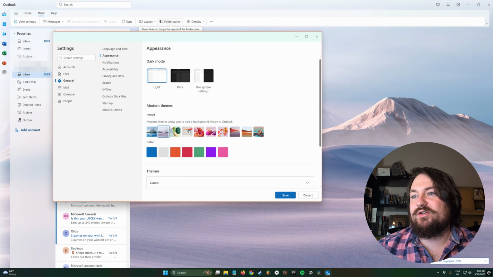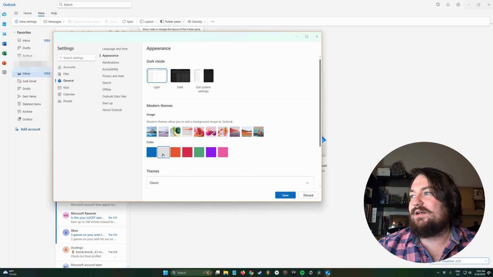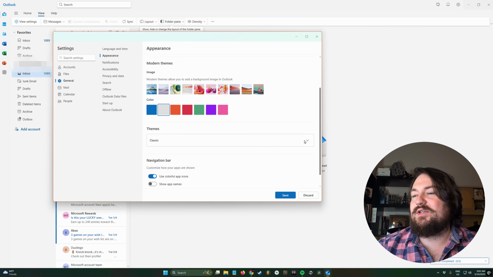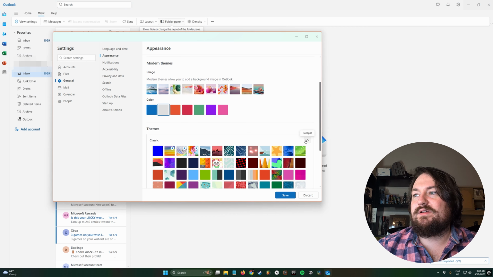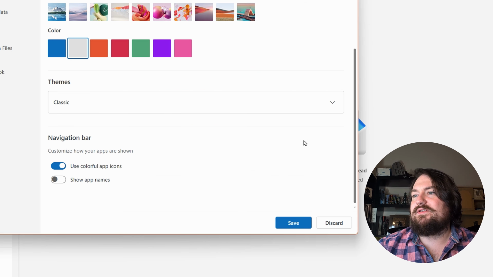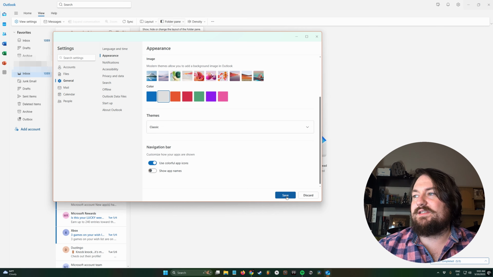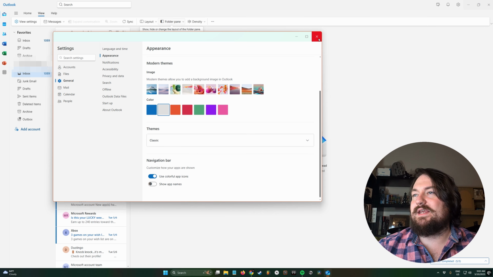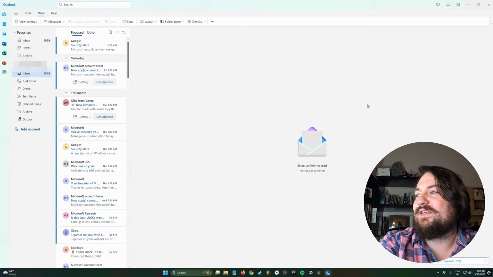So if you don't want an image, you can go ahead and click a color right here, and then you have your themes over here. So we're on the classic theme, but if you want to change this, you can. And then there's some more settings down here too if you want to have colorful app icons and all that stuff. So yeah, and then just click save and exit out. So now Outlook is looking like it does